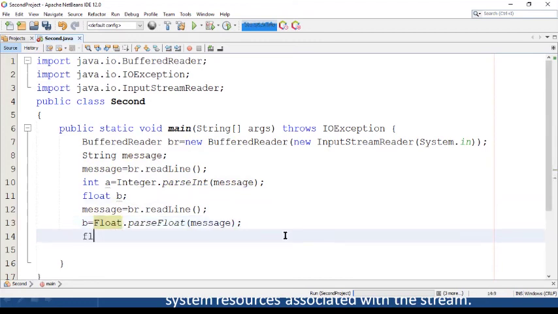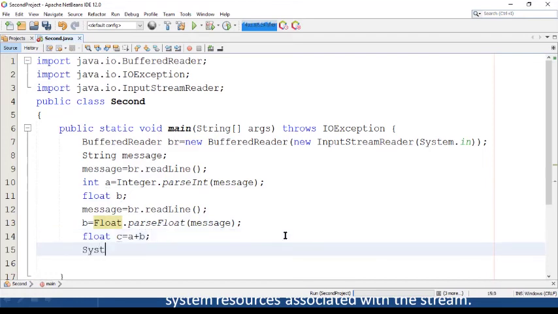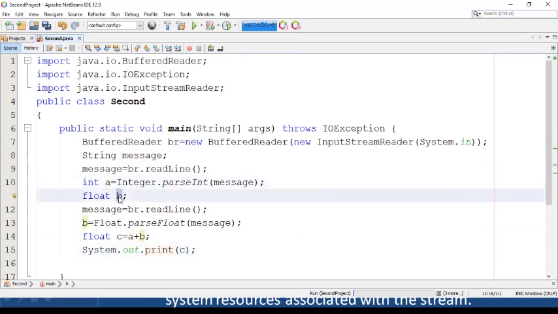Add both of them and print the result. So here I am reading two numbers, one of integer type and another of float type. BufferedReader class is not providing separate methods for each data type.